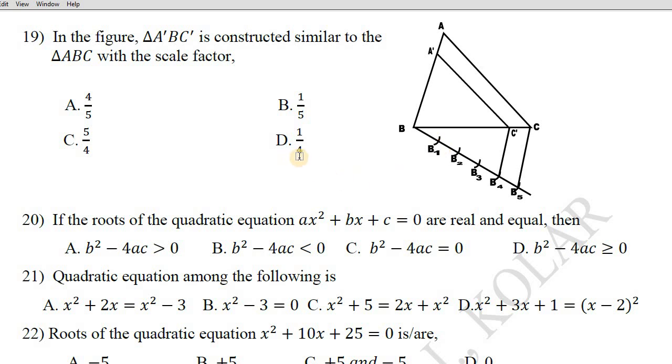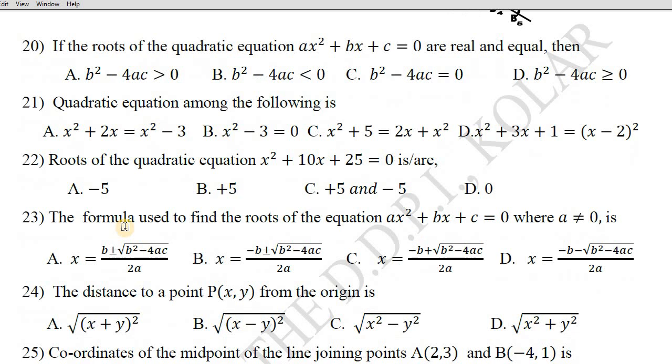Option D is obviously wrong because we don't have 5 in the numerator as well as in the denominator. Because we constructed 5 arcs on the line BX, it has to be X actually. So therefore, here option A is correct, children, 4 by 5. Next, let us take another question here.